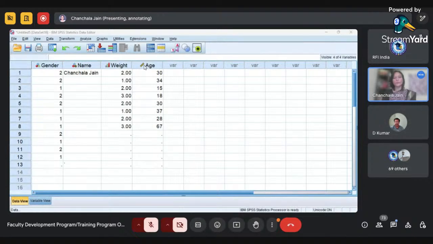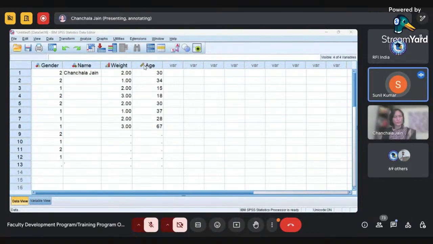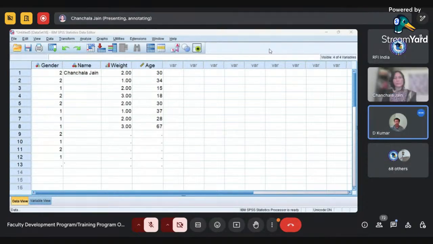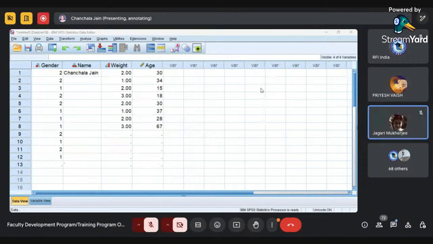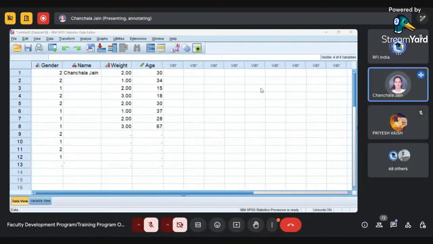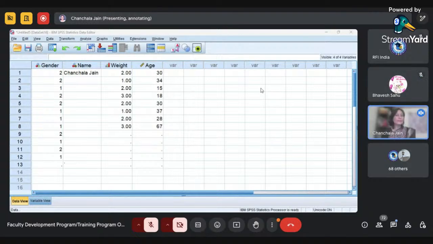Ma'am, I'm sorry to disturb you. Actually, the second pop-up window, the open data screen window, is not visible. Yes, ma'am. Is it visible or not visible? Anyone please comment. Some of you are saying visible. Please pin my screen. I'll give you a few seconds. You can pin the screen and then tell me whether it is visible or not.